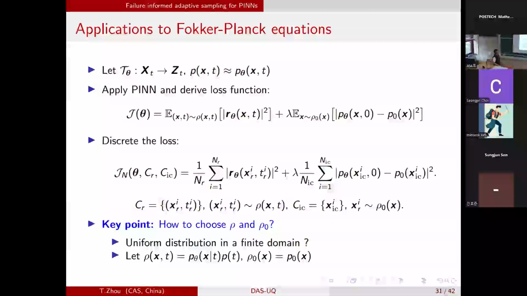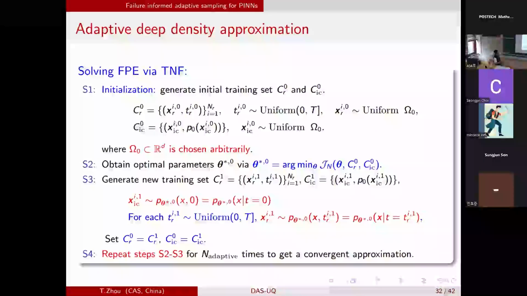So for the Fokker-Planck equation, the adaptivity is relatively easy. You don't need to compute the residue and compute another model in each iteration. But the difference is that you have to consider a generative model to model the solution. But this is natural actually. The solution is a density function. You can't use a general neural network to approximate it. So this is the procedure for the Fokker-Planck equation. It's very easy. In the beginning, you use a generative model. That's enough. The adaptivity will be automatically done by itself.